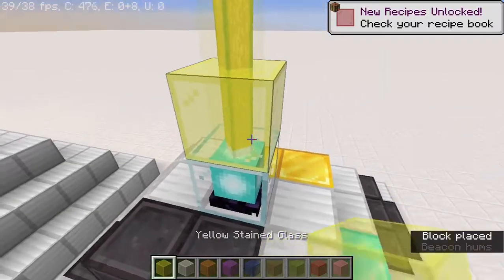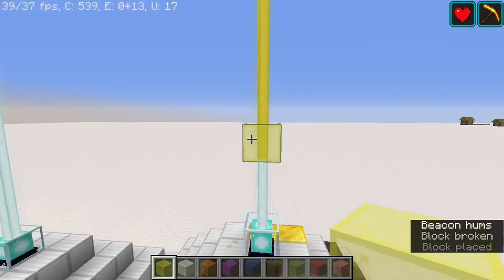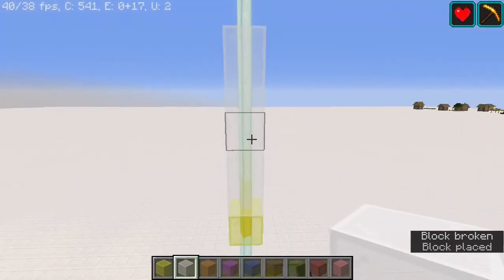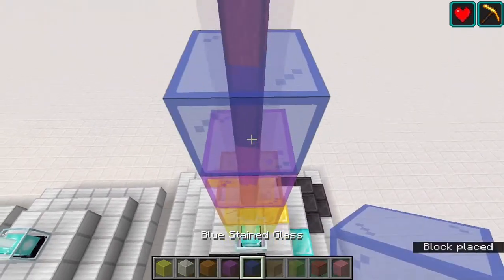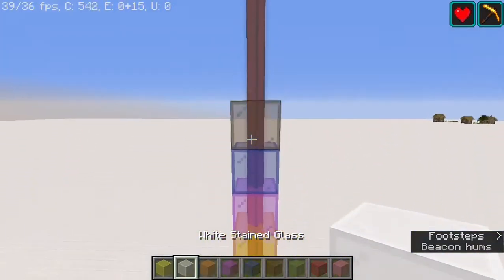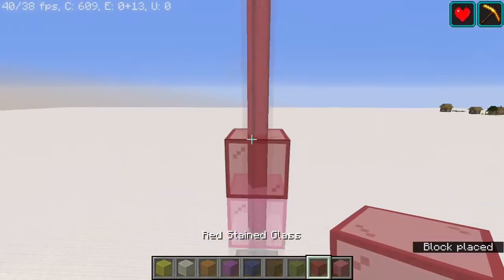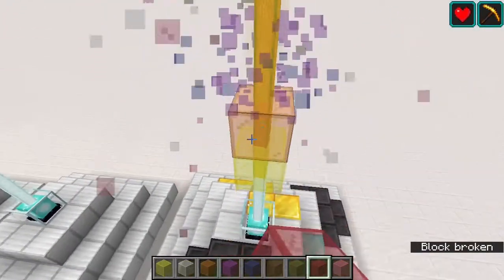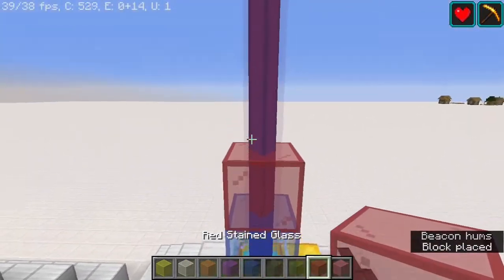Alright, so here I have some glass, and when we put this glass on the beacon beam, the glass is actually coloring the beacon. So as you might have seen there, the colors stack. And what that means is each bit of glass that you put on there changes the color slightly towards its color. So say you want purple, you can combine blue and red, and there we have our